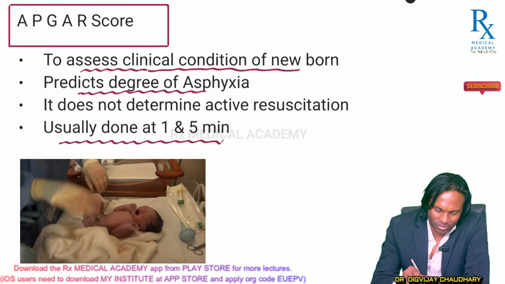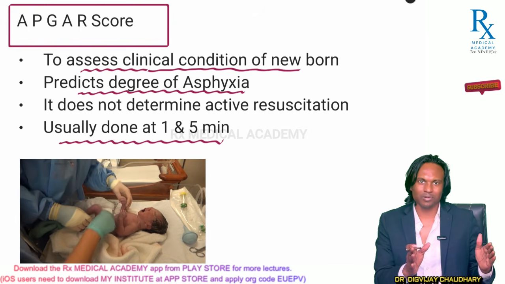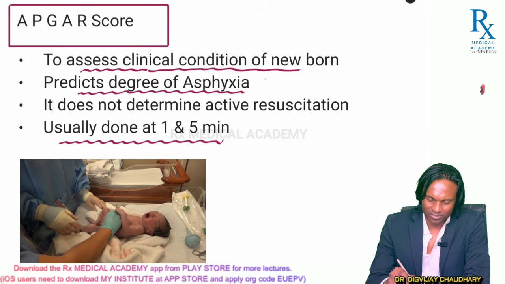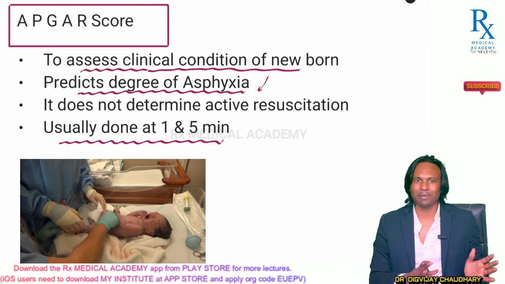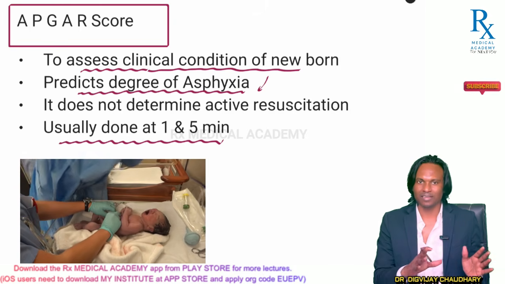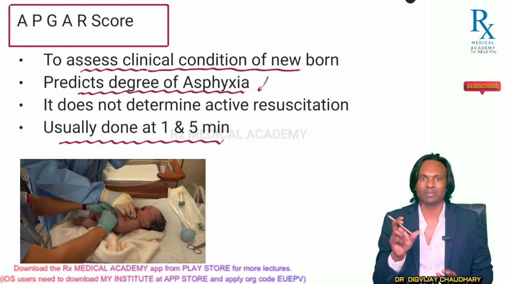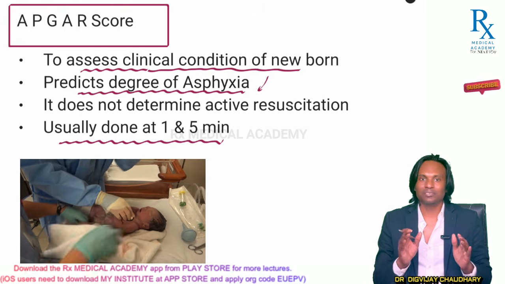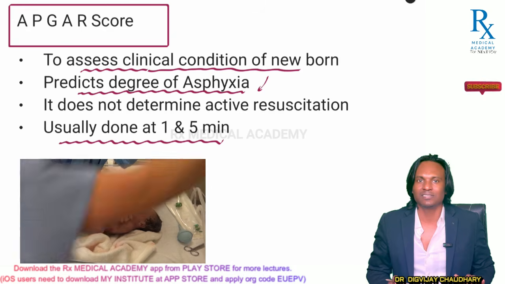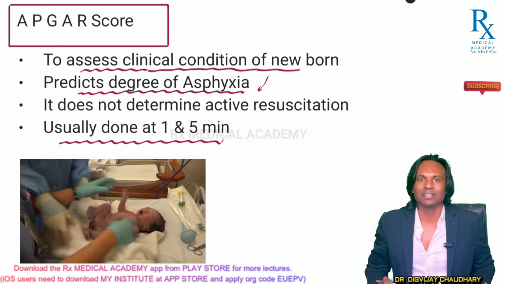Now what does it predict? It can predict degree of asphyxia. We have been studying about the criteria for birth asphyxia as per American Academy of Pediatric guidelines and other guidelines as well. In those guidelines, you have one of the criteria related to the APGAR score, not the only criteria which determines birth asphyxia. I hope you guys understand. In case of American Academy of Pediatric guidelines, you have birth asphyxia on the basis of APGAR score less than or equal to 3 at fifth minute, along with reduced cord blood arterial pH, that is less than 7.00, along with neurological dysfunction, along with multi-organ dysfunction,